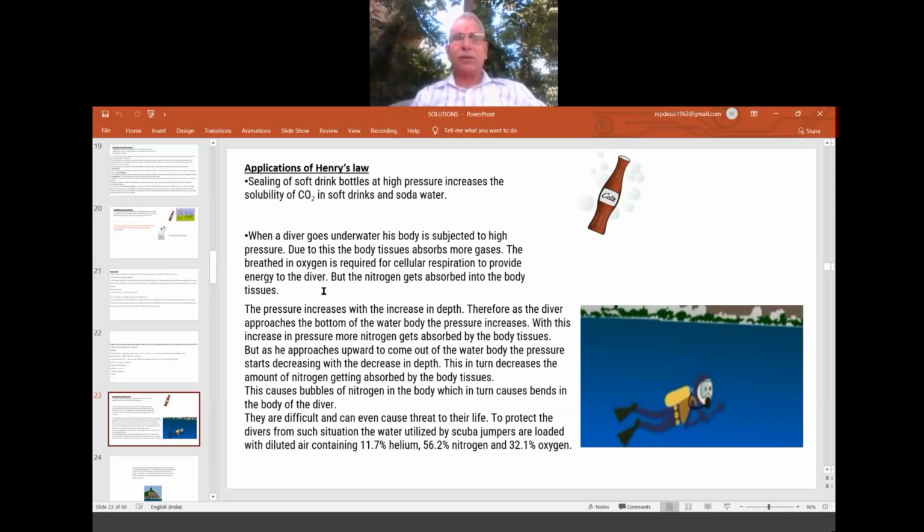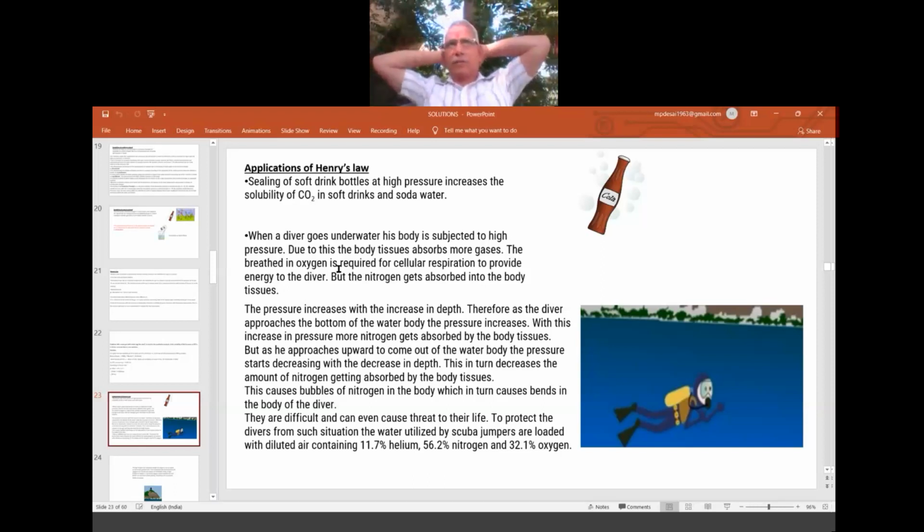This is one more example, where the one who is doing research work in the ocean, that is called oceanography, where they study different animals, plants, or the nature of sea water deep inside. So those are called what? Scuba divers. In water they go deep inside. They are trained because deep inside the pressure is very high. When the pressure is very high, the solubility in water of whatever we inhale becomes more.